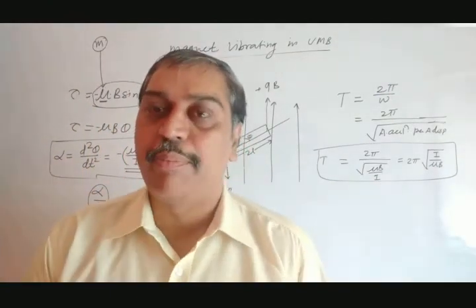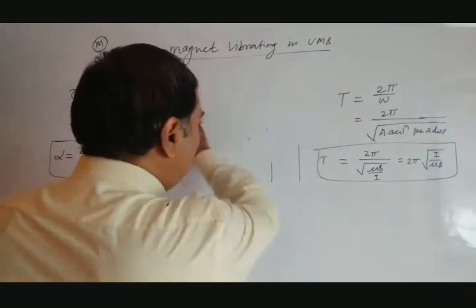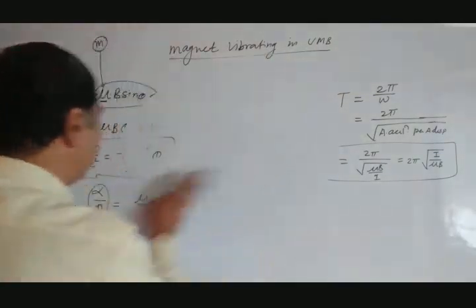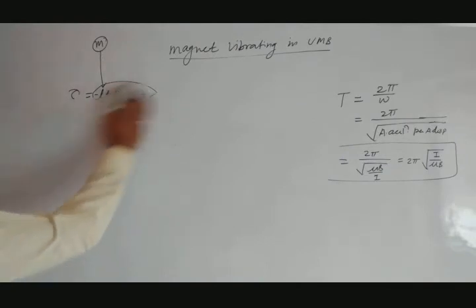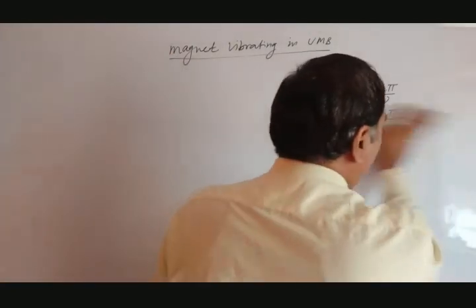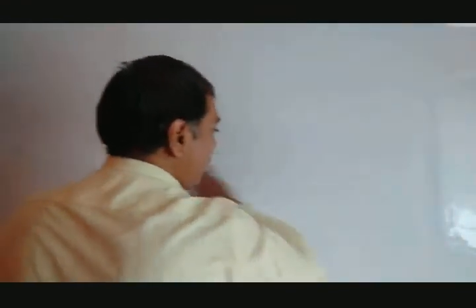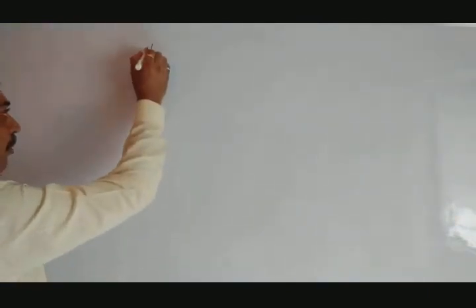Let's go to the next topic of our syllabus, that is damped oscillation. What exactly does damped oscillation mean? Damp means opposition. When opposition is more, the oscillations or vibrations start getting dissipated. Dissipate means they start destroying themselves, and that type of oscillation is said to be damped oscillation.